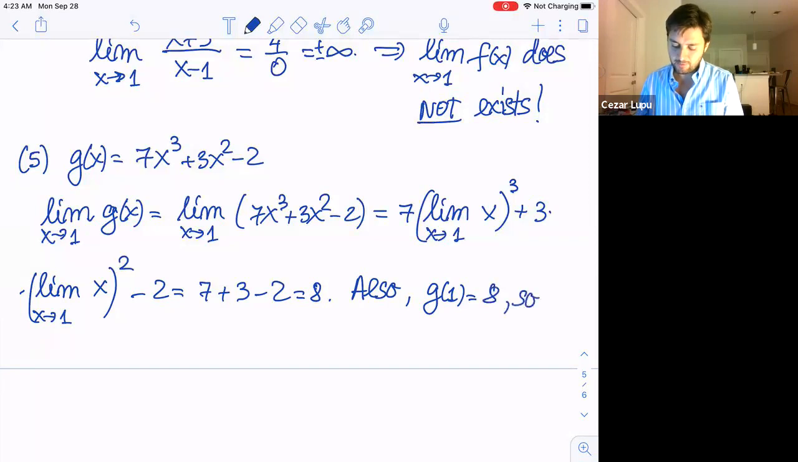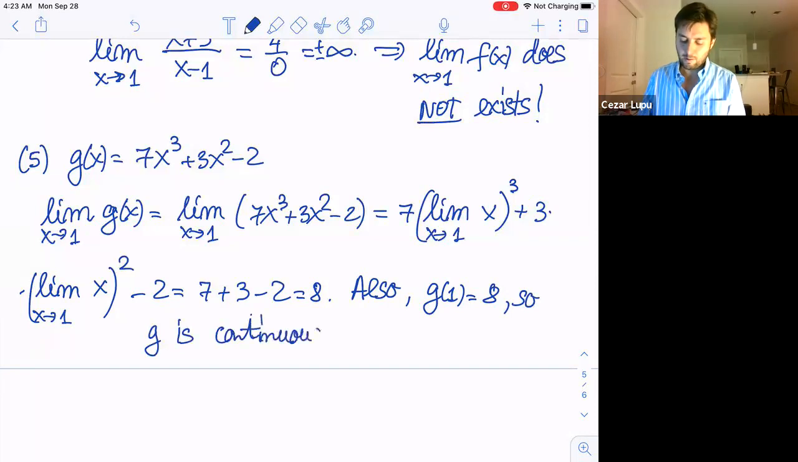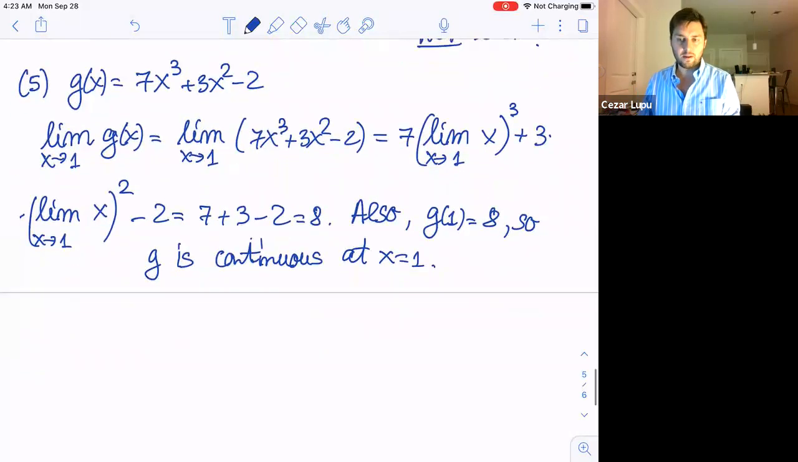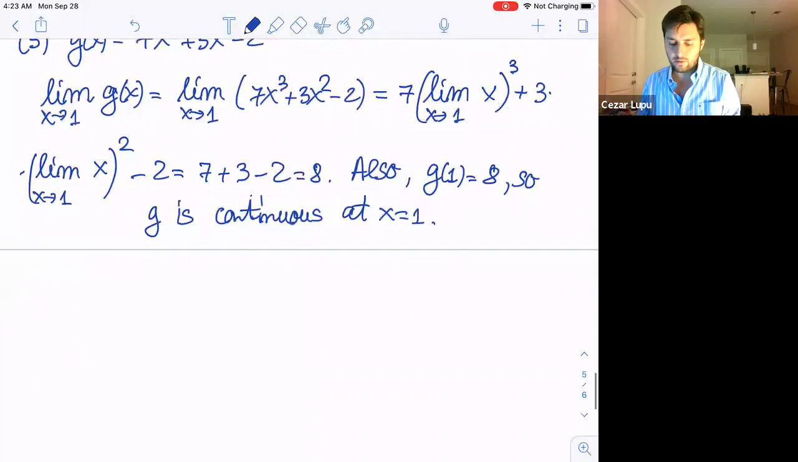So g, the function g is continuous at the point x equals 1. Anyway, that was easy, very easy. All polynomial functions, any polynomial function that you pick will behave like this. All right, now we have seen a bunch of examples, and now I would like to veer towards